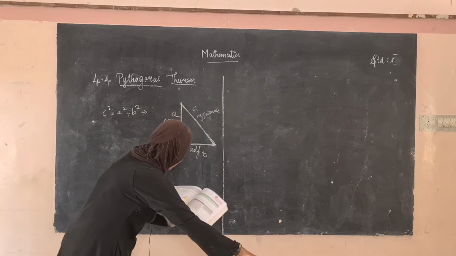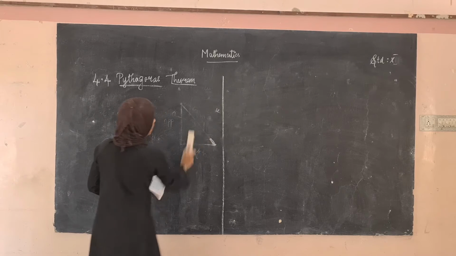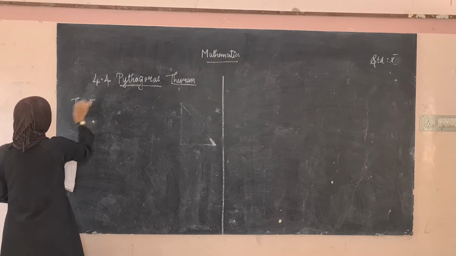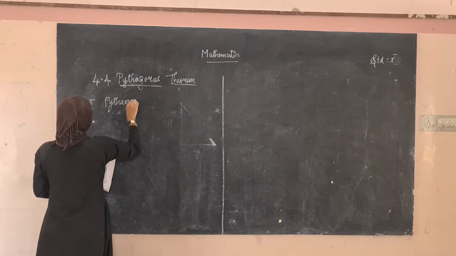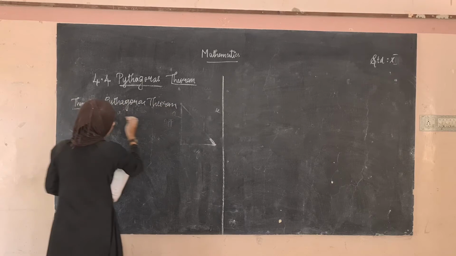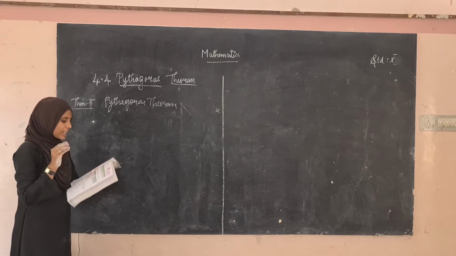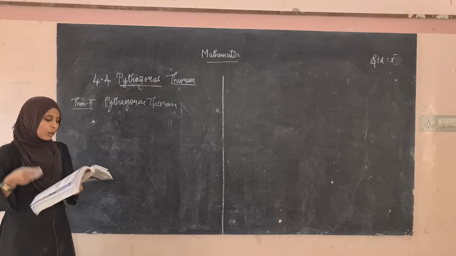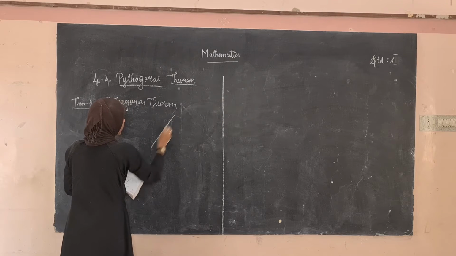Okay, now let us see theorem 5, that is Pythagoras theorem. Theorem number is 5. Very important theorem. See the statement. In a right angled triangle, the square of the hypotenuse is equal to the sum of the squares of the other two sides. Okay. So if this is a right angle triangle, in your book they have taken this as